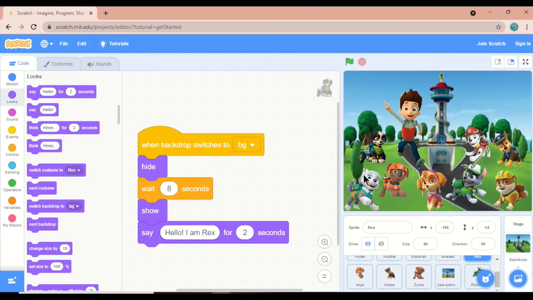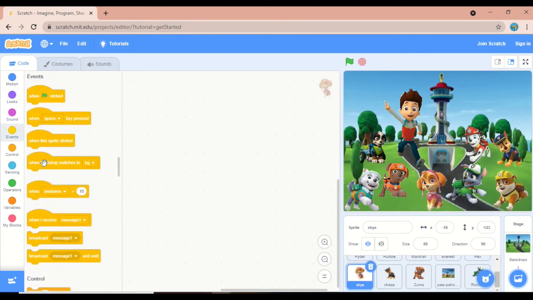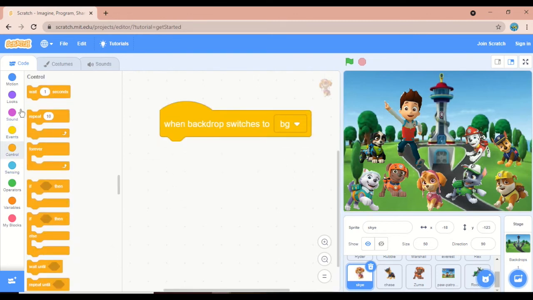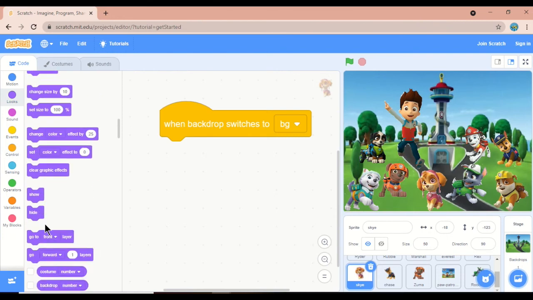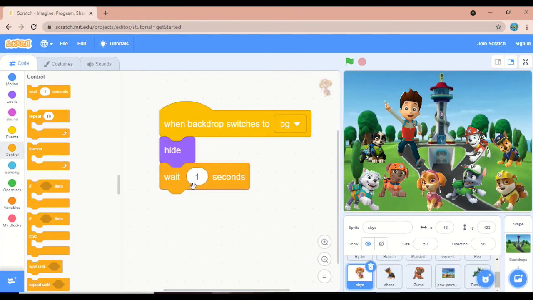Okay, so do the same for all other characters too. Next we are going to code for Sky. Do the same, repeat the same steps. When backdrop switches to BG, then give looks, hide this sprite first. Then after that give control to wait for some seconds.